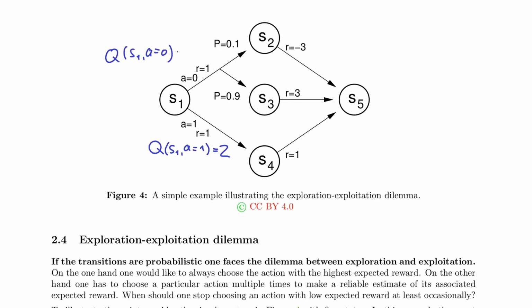So the reward on average, averaging just over these two trials, would be 1. Because the -3 and the +3 cancel out. However, if we look at this one here, we see that the probability of getting a -2 is 0.1, while the probability of going down here is 0.9. So this would be the estimated Q value after the two trials, which happen to be one up here and one down here, but the true Q value would be,